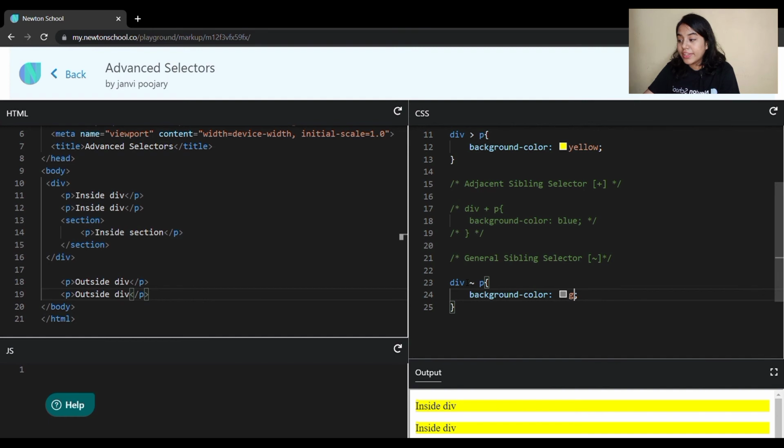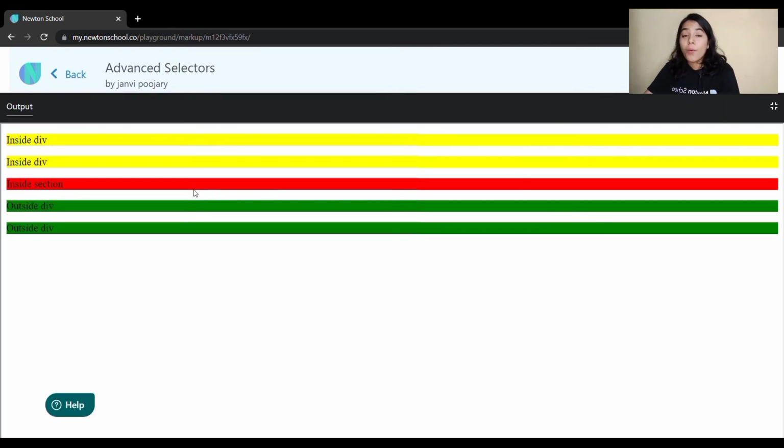Now here if I write div and this sign and p, and let's say the background should be green. Okay, now here both of the paragraphs which are outside the div, which are related to the div as siblings, got selected. So here there is no confusion like only the first one gets selected. Here every sibling will get selected.